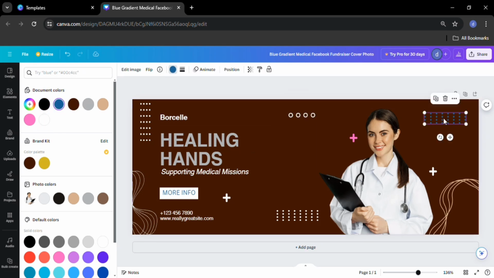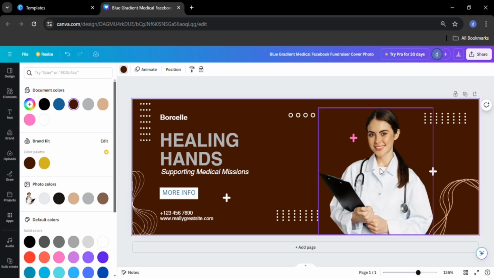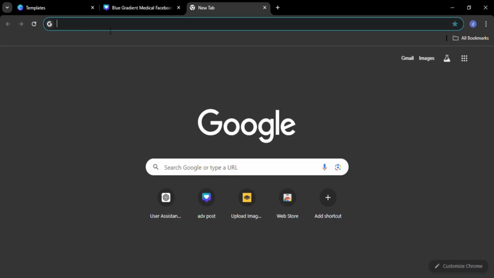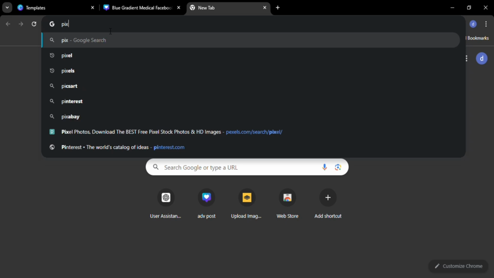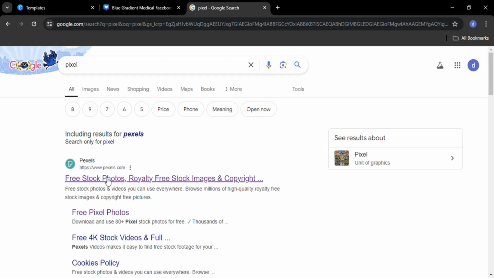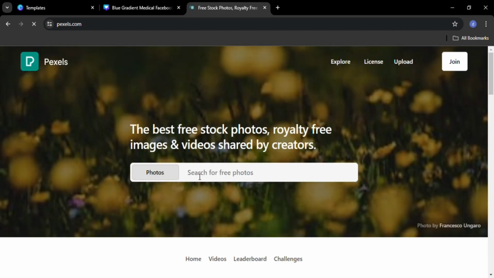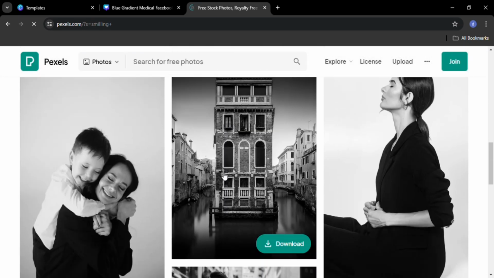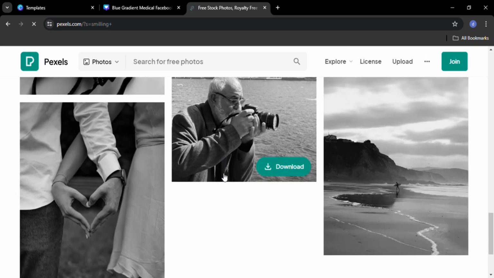So yeah, you can see now that's it. Trying to restore the colors, also to make it pop. Yeah, that's it. So another thing is definitely to go over and now look for a photo that we need on Pixel. All the pictures that are here are copyright free, so no one is probably going to follow you up on whatever you do. So in this case, I want to look for someone that is smiling, and